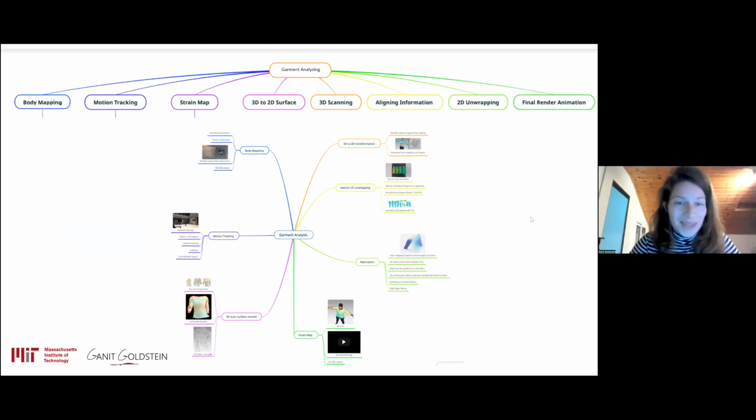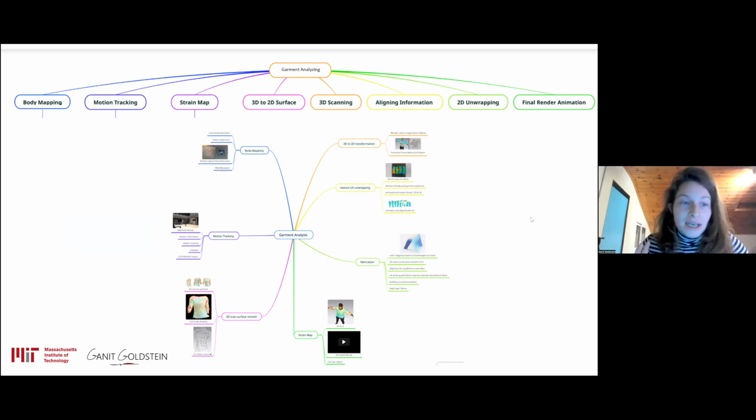And we were trying to break down what we are researching and what we are analyzing. And there are lots of things happening through this research, but it's really about analyzing and aligning information.